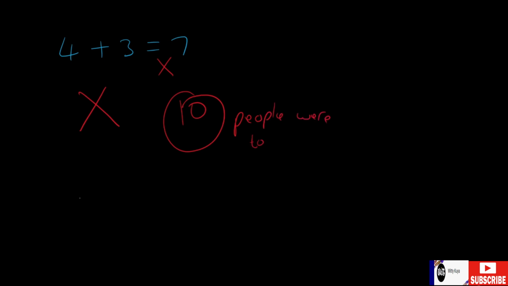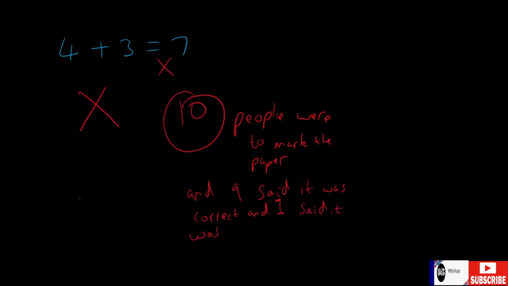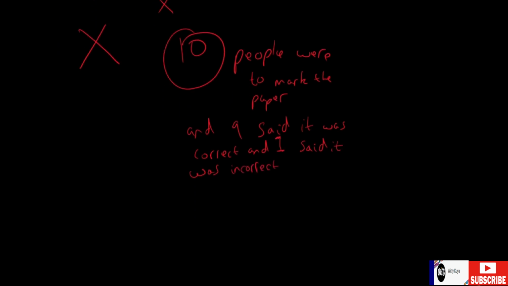But imagine if 10 people were to mark the paper and 9 said it was correct and one said it was incorrect. Based on this from a statistical point of view, you can say that the 9 are correct. And imagine if you just do this even further. Instead of 10 people marking it, 100 people, 1,000, 1,000,000 people, and out of 1,000,000, if only a few people